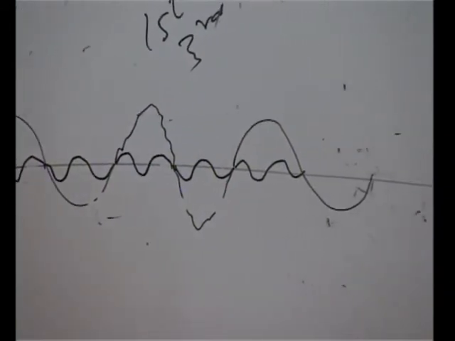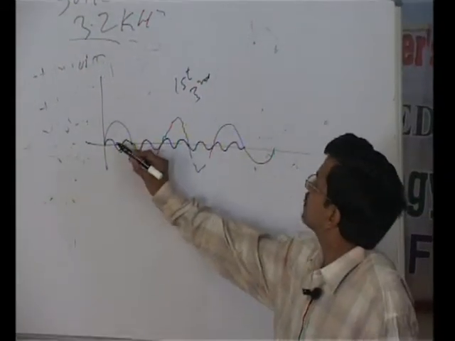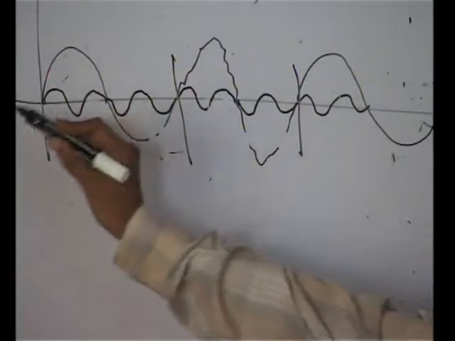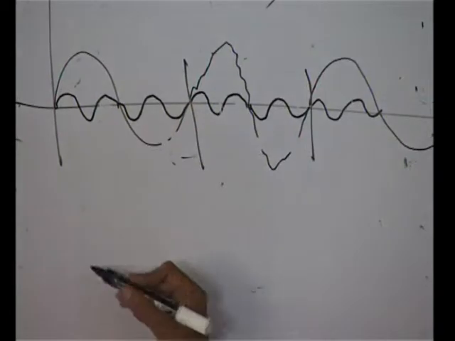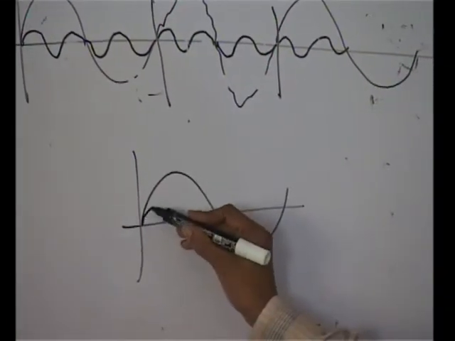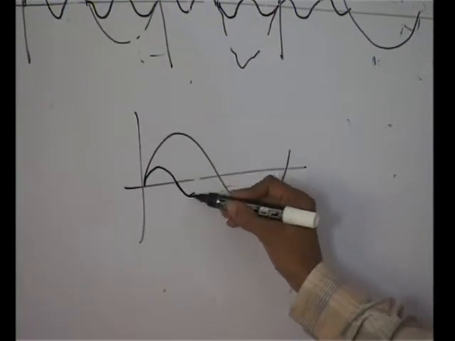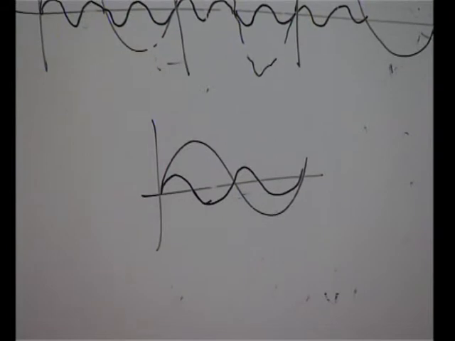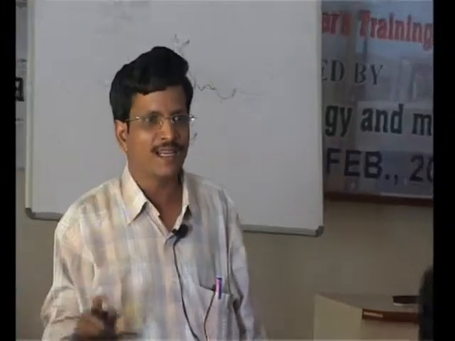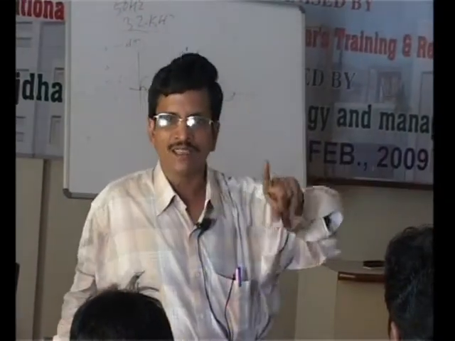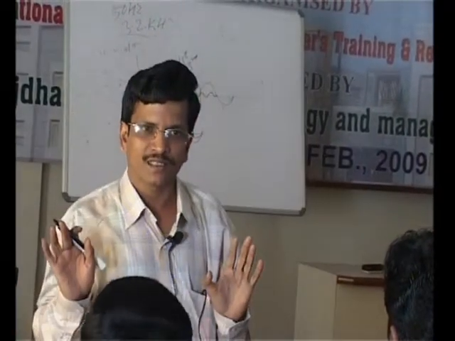Now if you take the product, only in this portion it will give a maximum value. In the other portion, I have already told you that if this is your fundamental and you generate a third harmonic or a second harmonic, then you are not getting this value. So now when you take the FFT of this particular signal, it will tell you yes, your fundamental is present and the third harmonic is present. Okay?